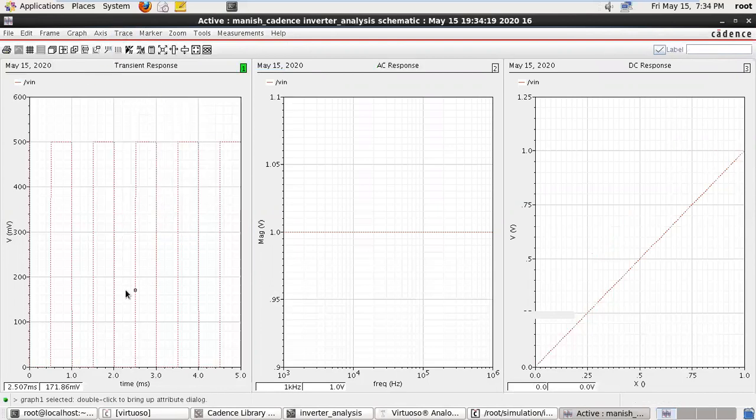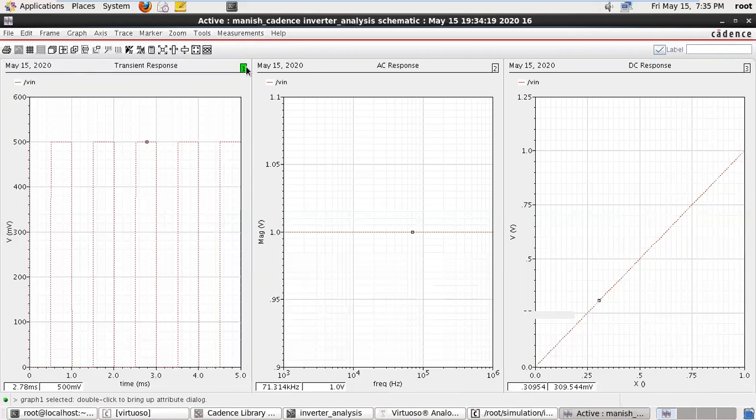Now see here, this is the transient input analysis, B in. That is transient analysis. This is with respect to the frequency, so this is frequency analysis, and this is with respect to the voltage, so that is a DC analysis.